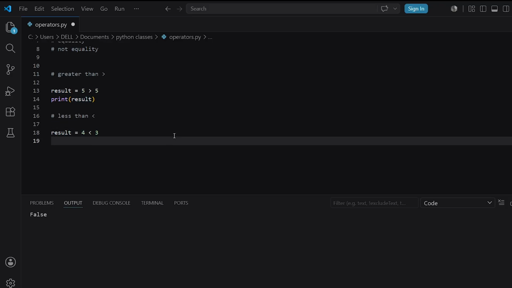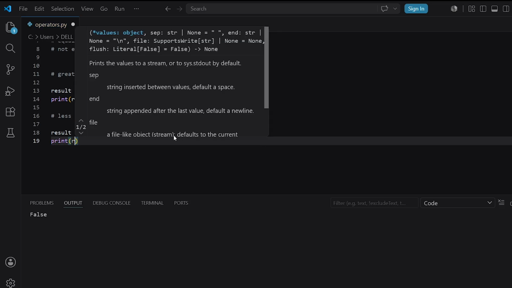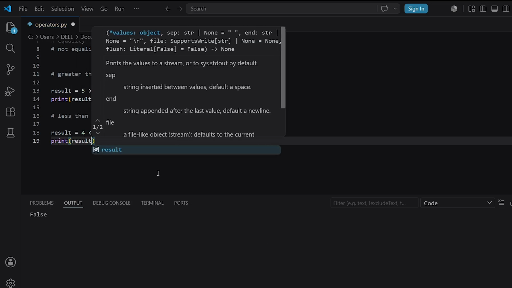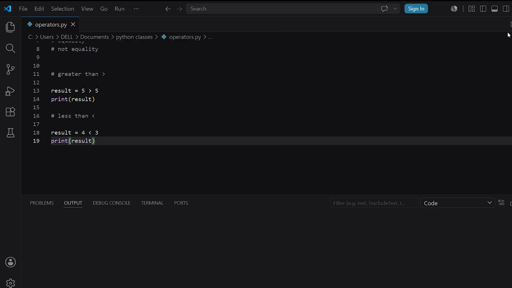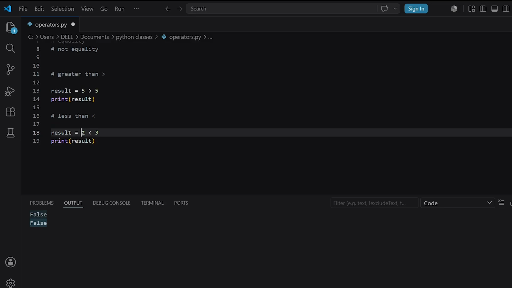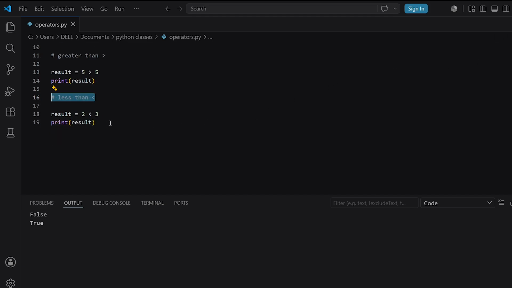So let's try it out. We have print result and run the program. And as you can see, we have a false. But if I change this to 2, 2 is indeed less than 3. So this statement is actually correct. So if we run this program, we're going to be getting a true. Now let's look at the next operation, which is